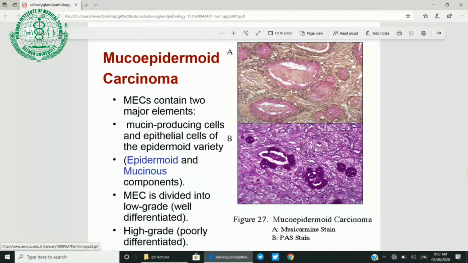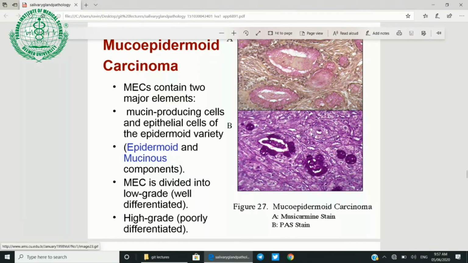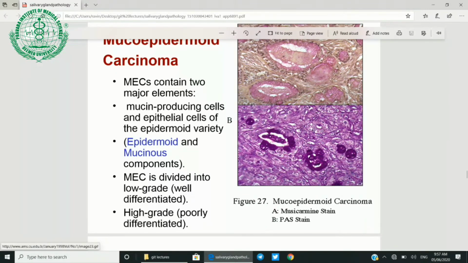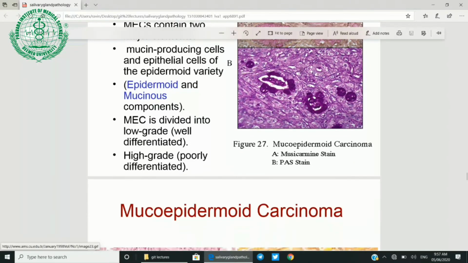It will have mucin producing cells and epithelial cells of epidermoid variety, meaning looking like squamous type of cells. So it has got an epidermoid component and a mucinous component. Classically, three types of things are said to be present when we diagnose a mucoepidermoid carcinoma. Very typically this is classified into a low grade type or well differentiated, and high grade, which is also called a